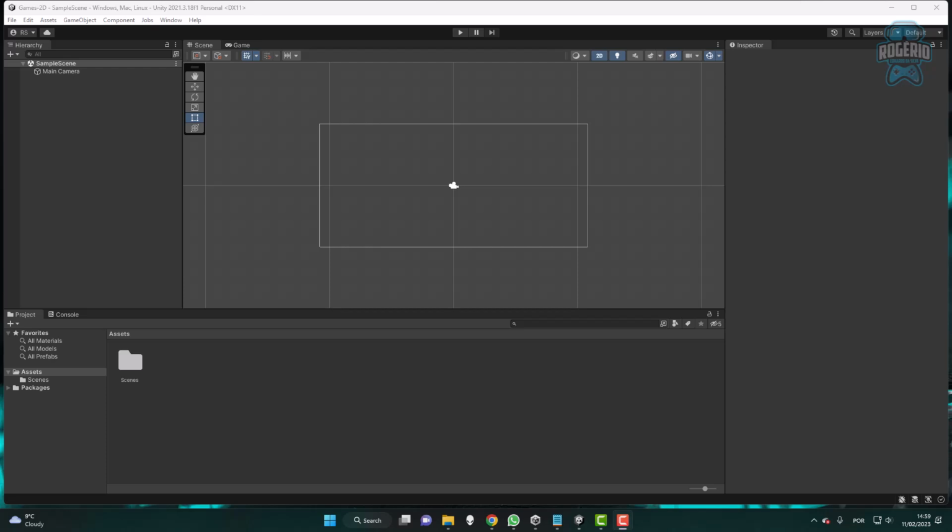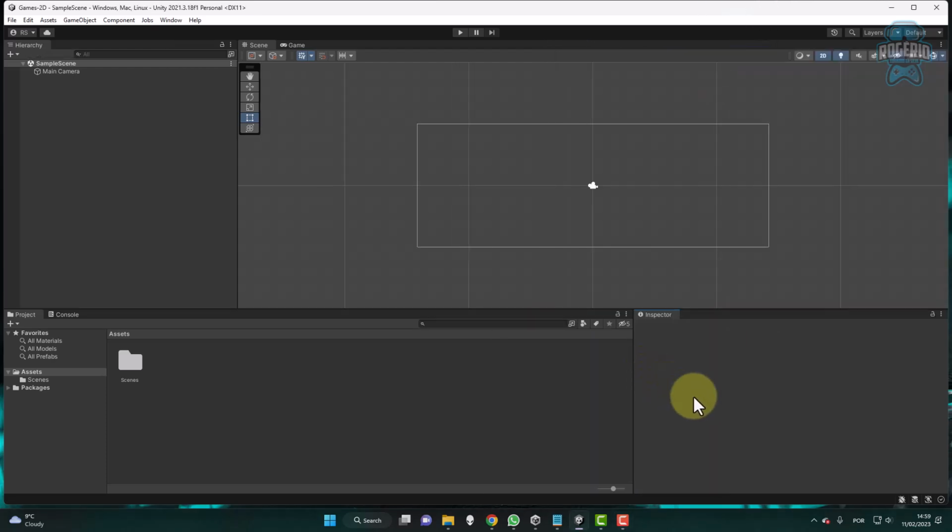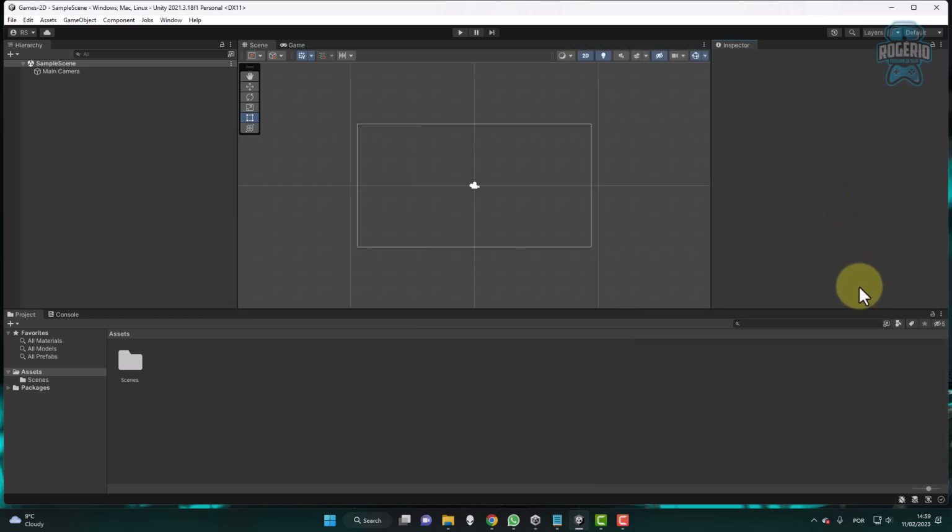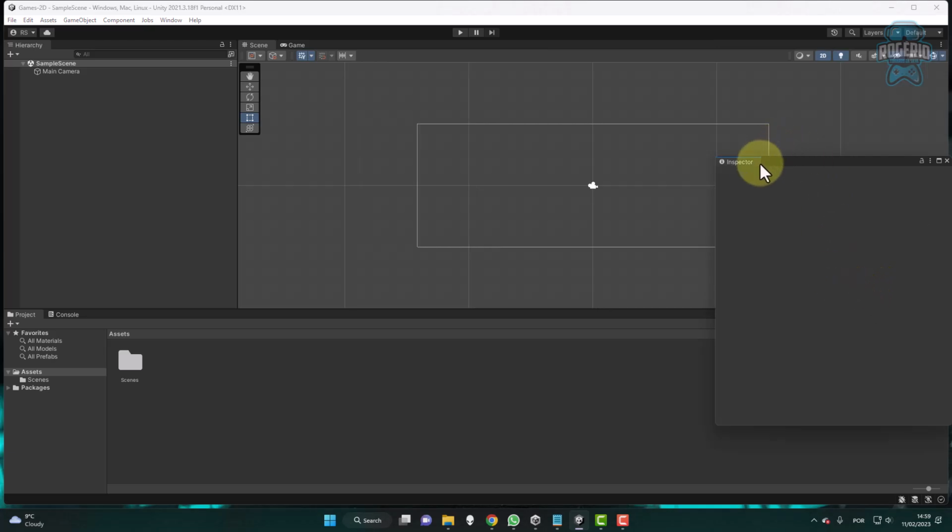Okay, let's understand how the Unity interface works. The interface is designed based on a series of contexts. Each context is one of these regions that you can move and dock around. You can reorganize the entire interface if you want to do that, so it's totally up to you to adjust the interface to whatever you find